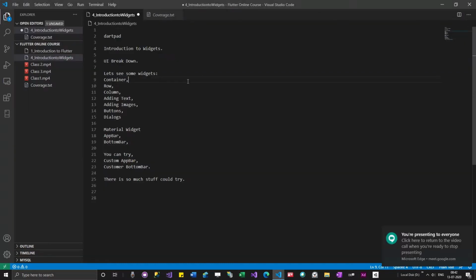So let's begin with the actual programming part. For now we have done the setup. From today onwards we are actually going to start writing the programs. When I say we are going to write programs for Flutter development, don't imagine you are going to write something like in C, C++, or Java. No, don't think like that.